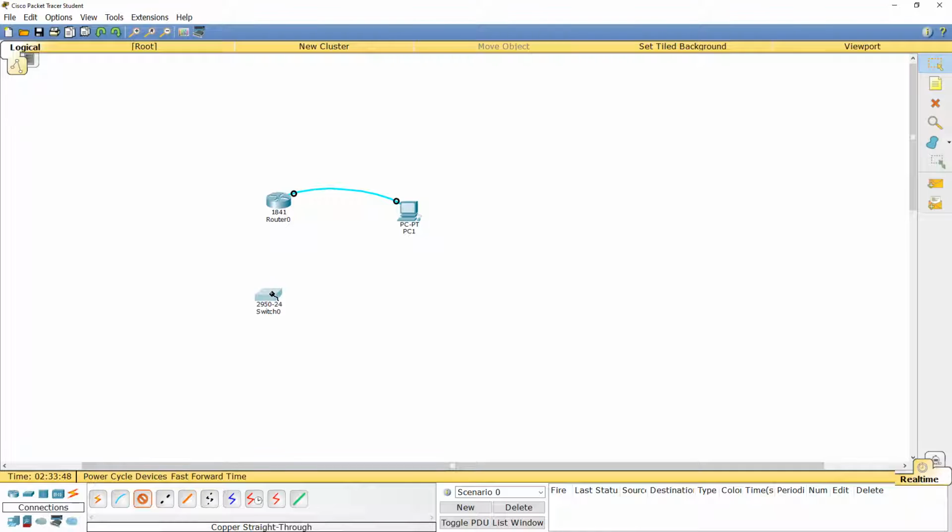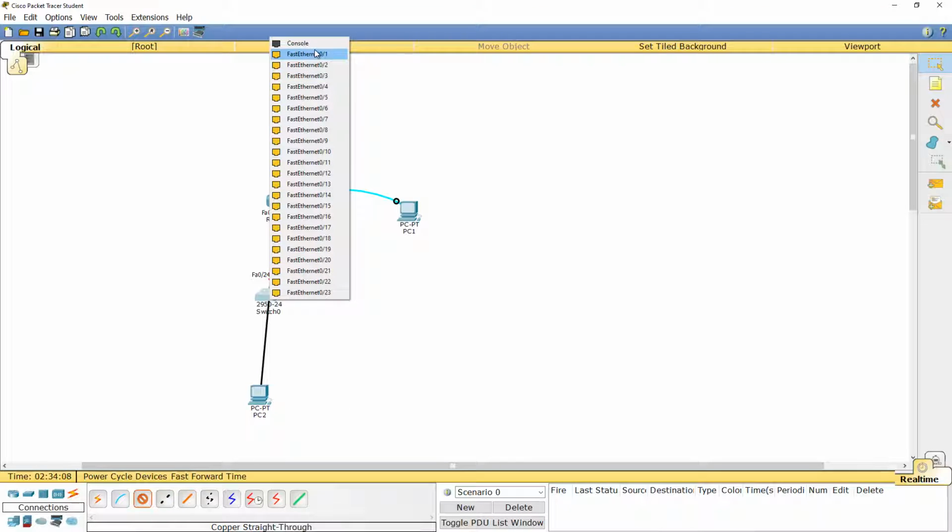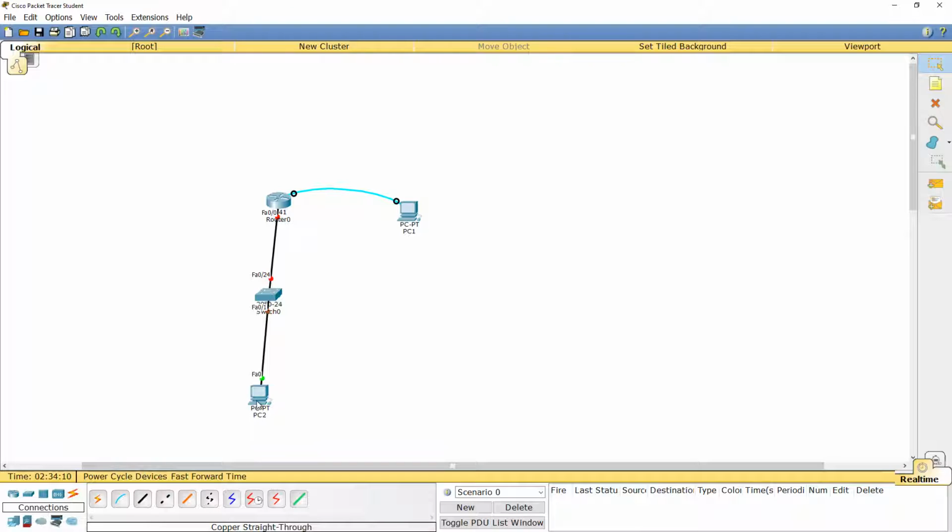I'm taking a straight through cable, connecting with Fa0/0. And I'm taking another machine, an end host, and connecting it with a straight through cable again to this Fa0/0. So I have not connected the PC directly with the router. The switch and router are directly connected to each other.